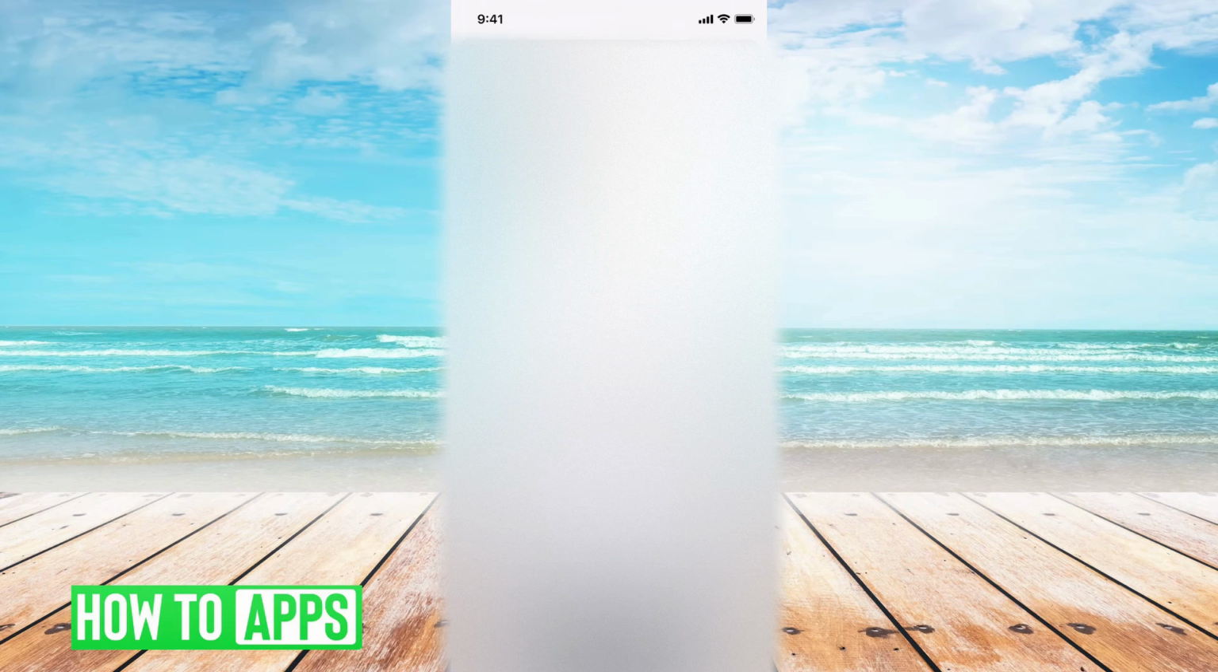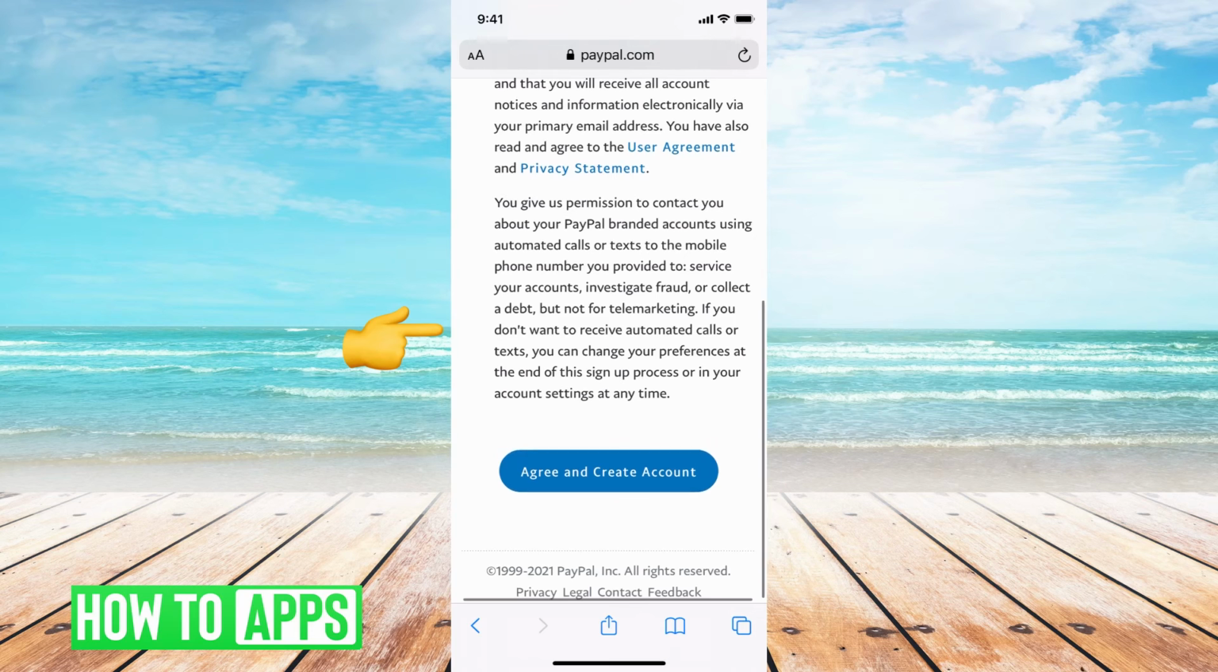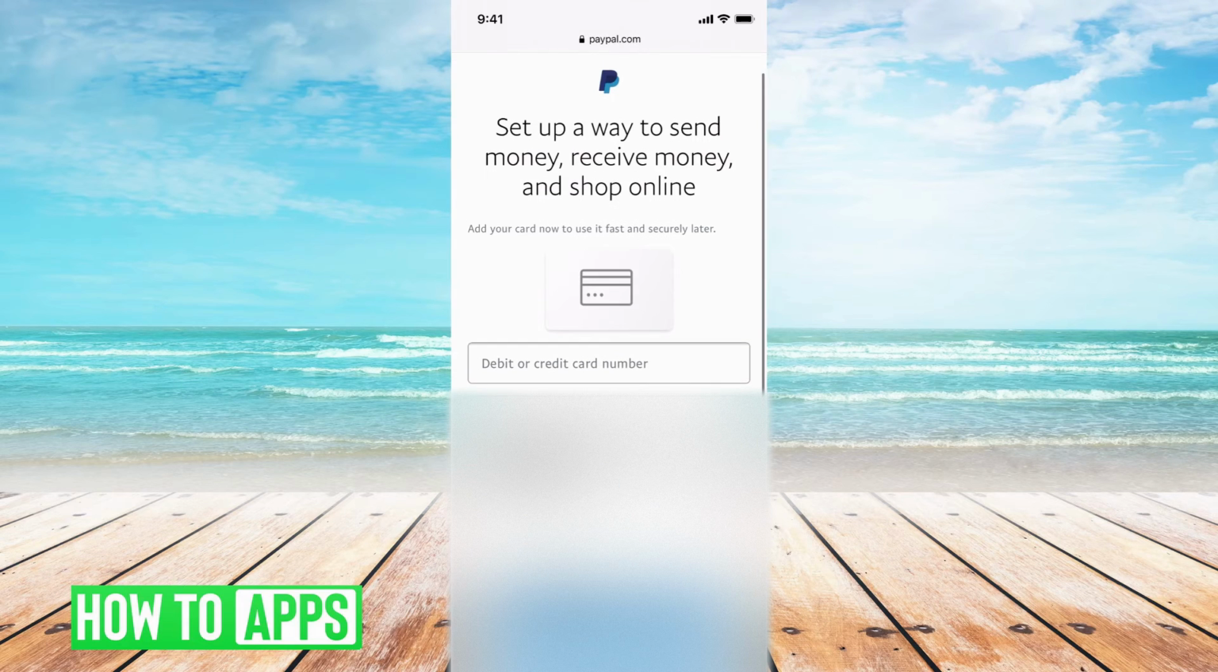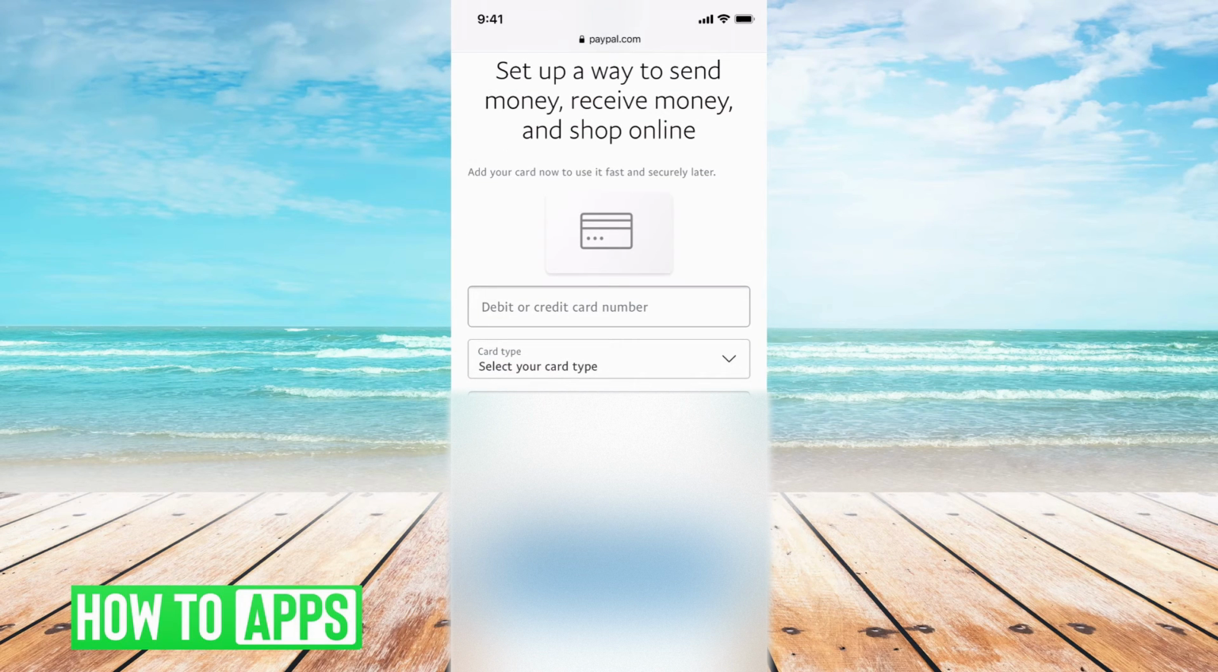So now it's just asking for your street information. I'm just going to put in a random address. And then you have to say you have read these agreements and policies. And now we're at the point where it's like we need your credit card and or debit card or link a bank account,